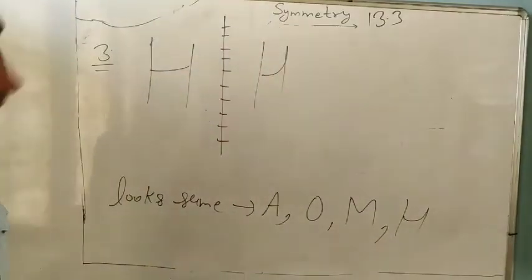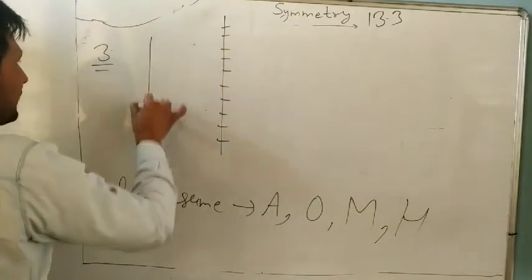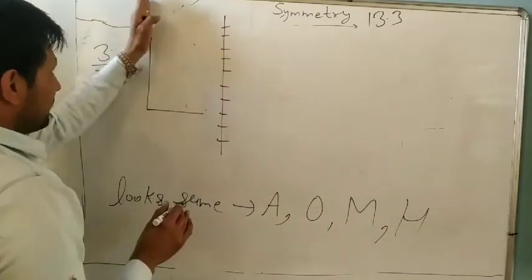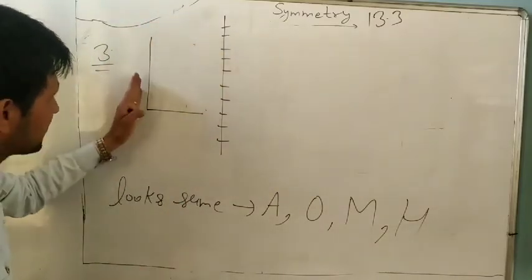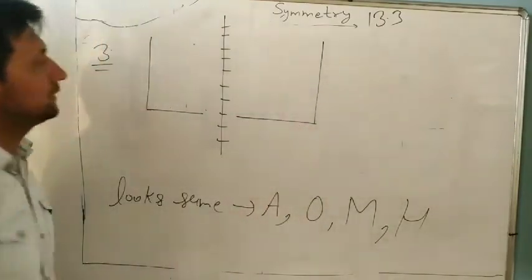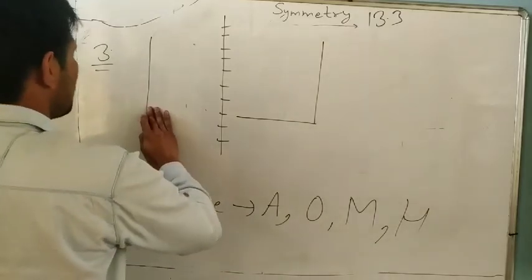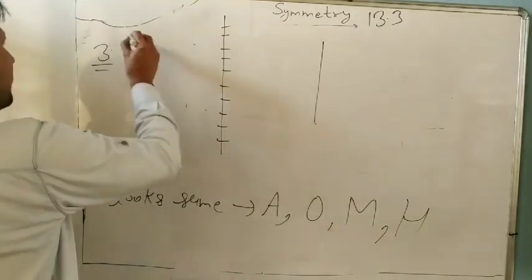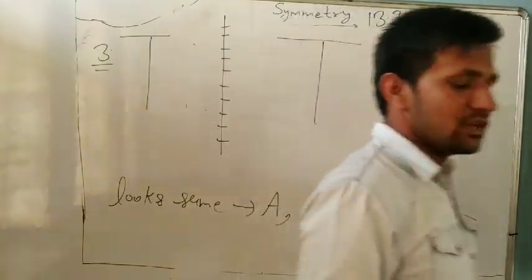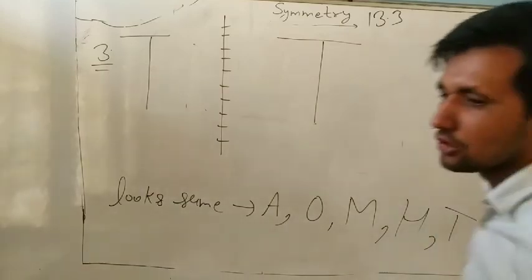Next is L. L is very interesting. We observe that this stick is on the left, so here on the right. Understand? Next is T. T becomes T. So the same as it is, you can find. Understand? So this chapter is also finished.